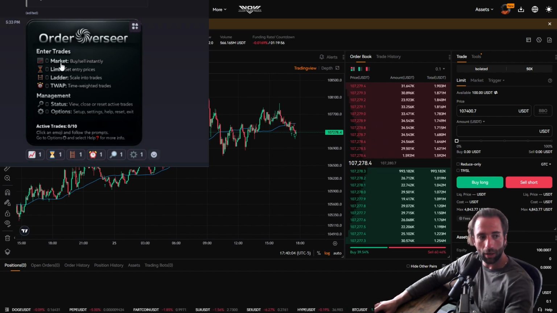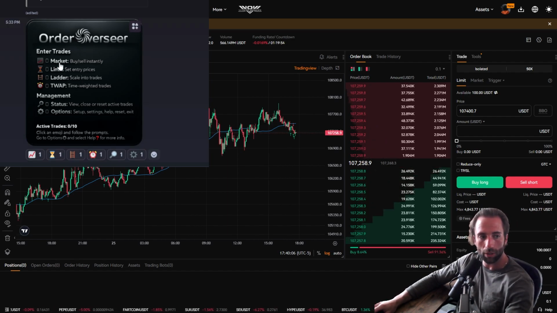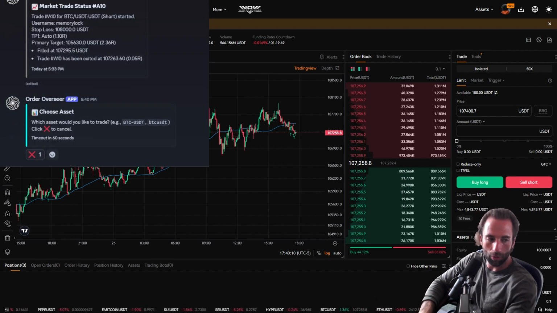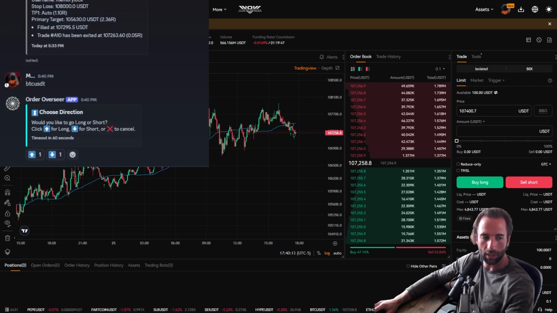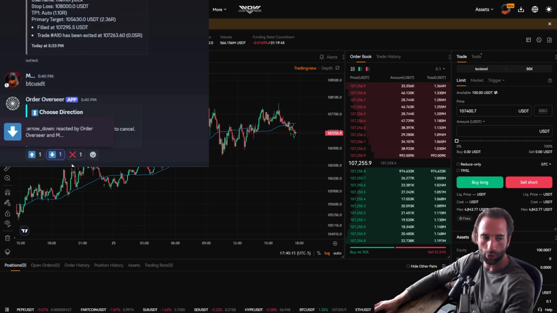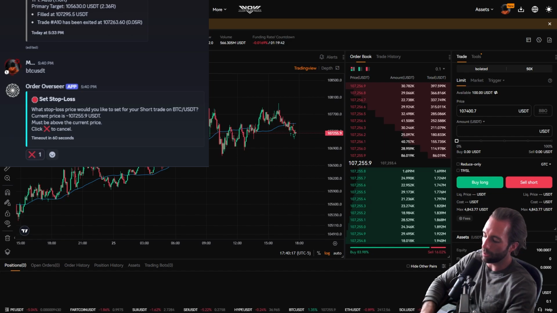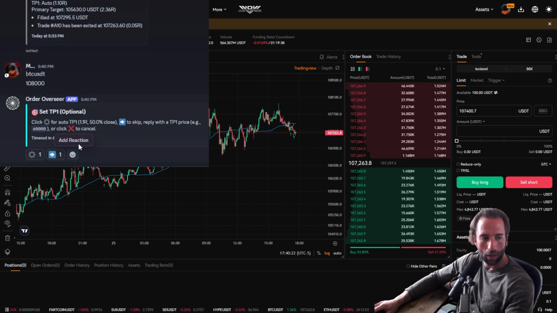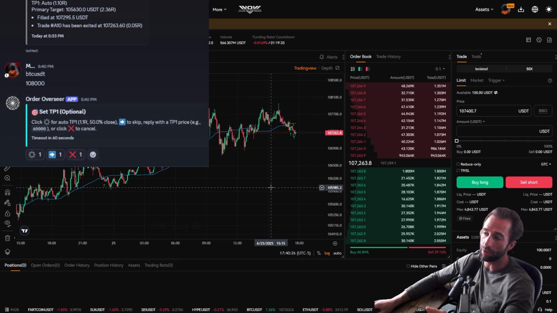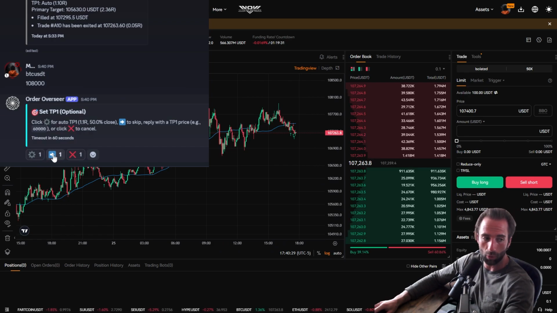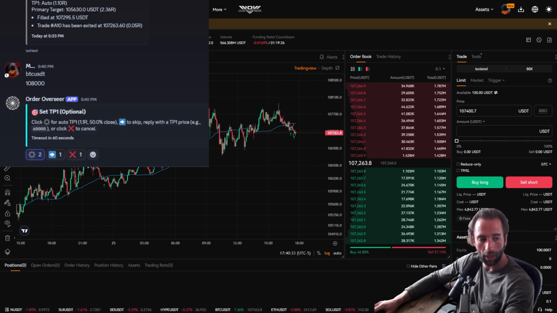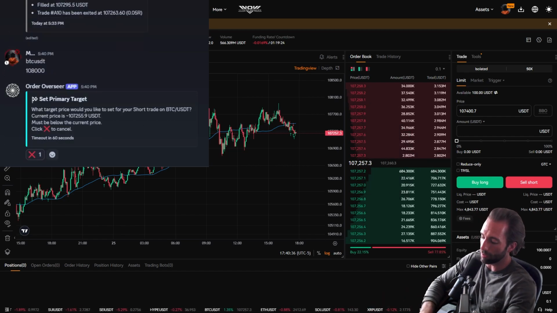Each emoji here has its own command. We can see that the chart emoji is for market orders, so we'll go ahead and click that. You can trade any asset on BloFin, but we're going to go ahead and use BTC USDT for our example today. We're going to enter a short position. And then we're going to set our stop loss at 108K. I'm going to use the auto TP1 as we previously discussed. However, if you see a level on the charts that you like, you can manually set it as well or skip it entirely. So price just goes straight to primary target with no take profit 1. And then we'll go ahead and set primary target to